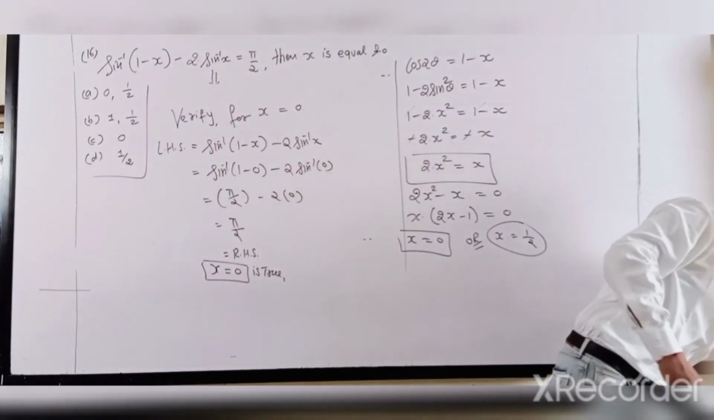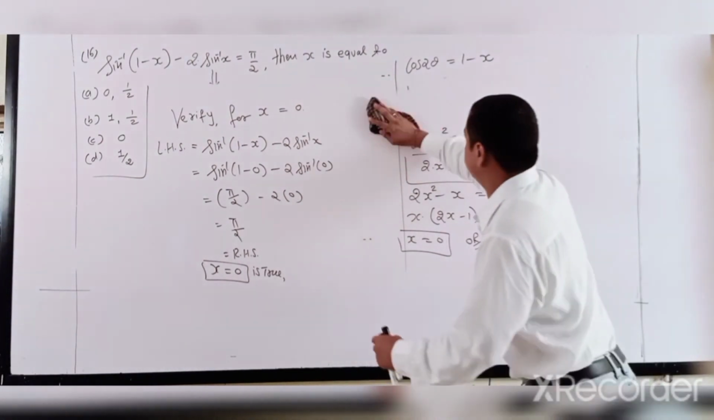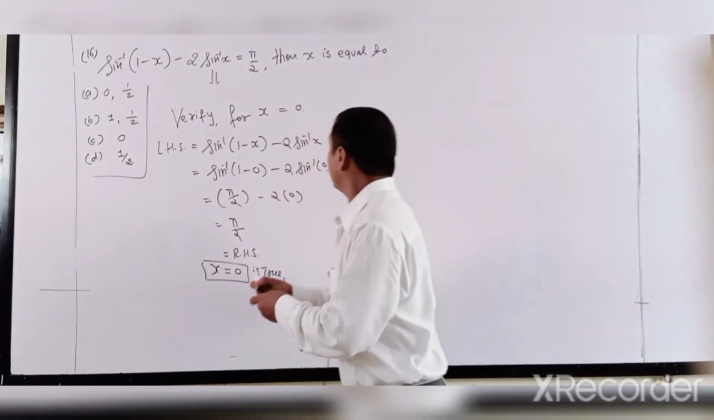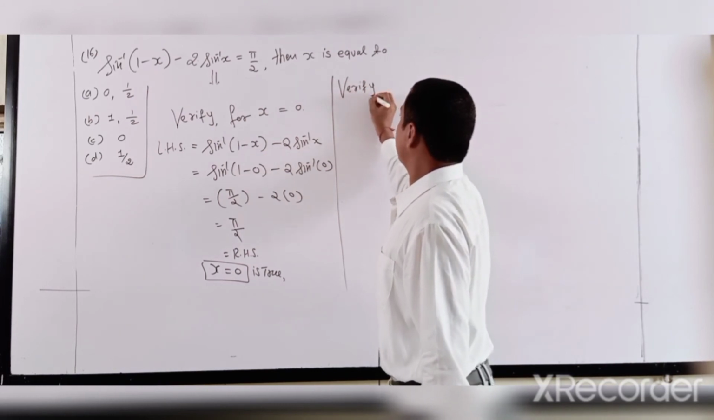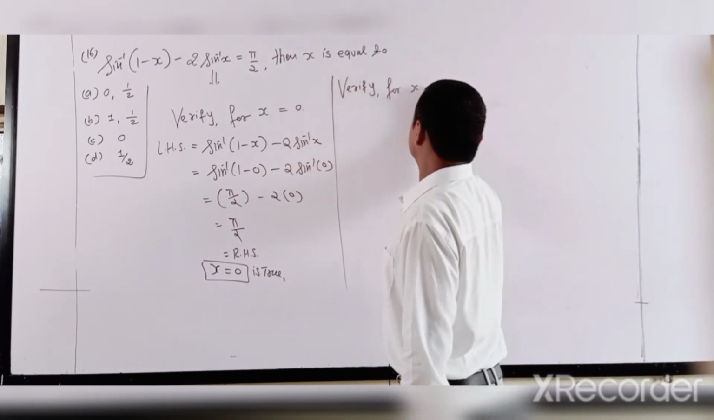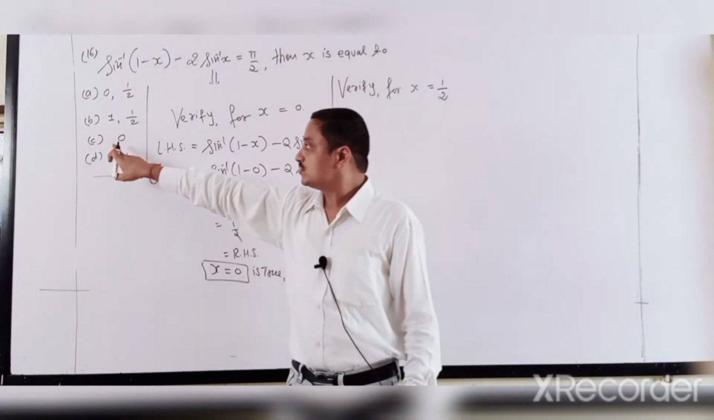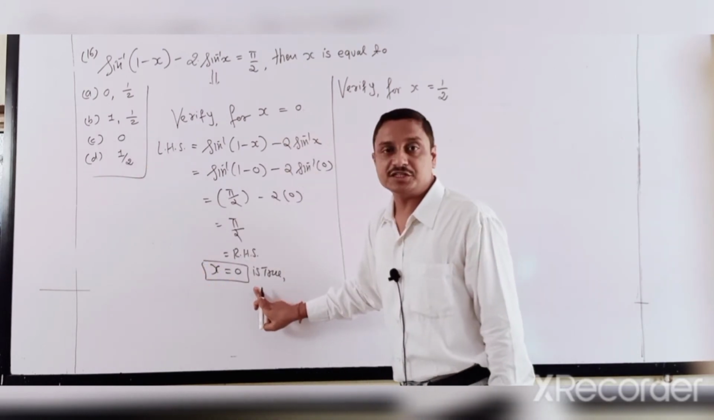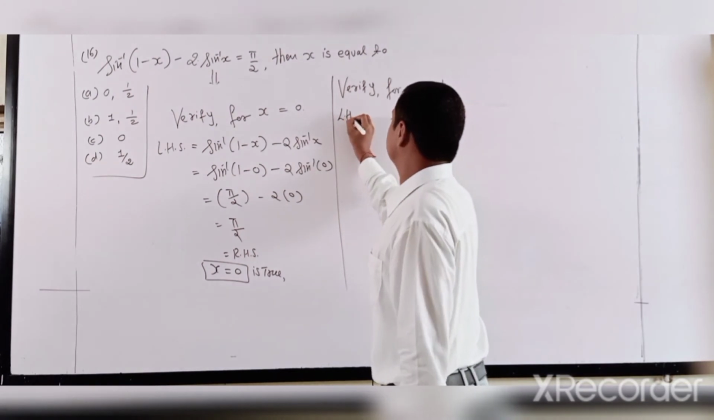Now I go to the second condition, checking for half. Now verification for x is equal to half. Check your options, students. Both 0 and half are also given, so you cannot directly mark the 0. Half is necessary to check. So our LHS